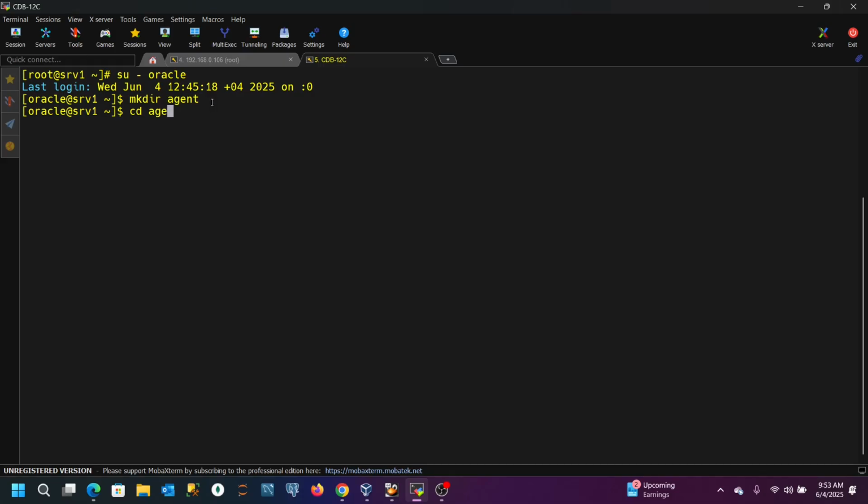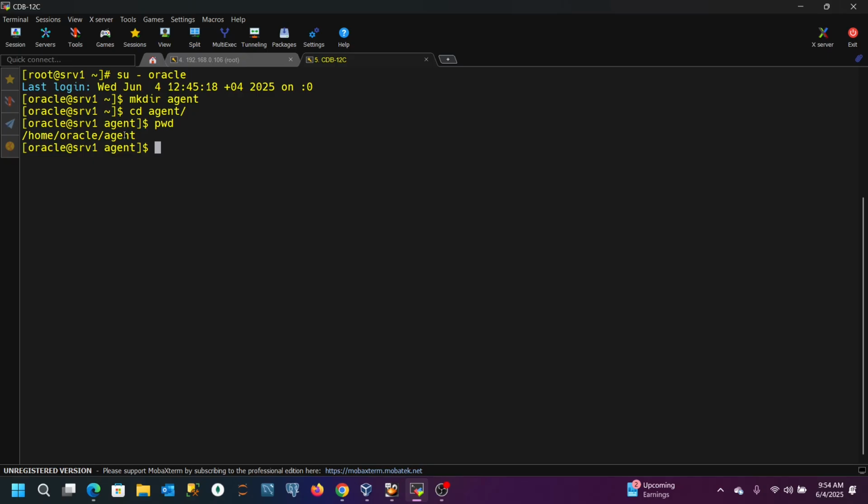And then let me change directory to agent and then do pwd to print the working directory, because I'll need this entire location